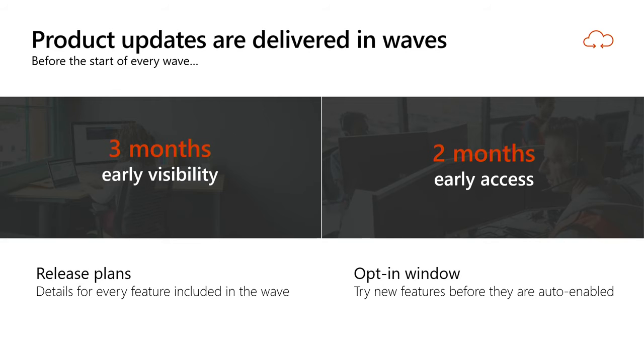3 months before October, we told you, some of you may know this, but some may not, what was going to be included in this release wave update. 3 months before October, we have release plans. They provide feature overviews, availability, and time frame for when these features will actually be shipped and delivered